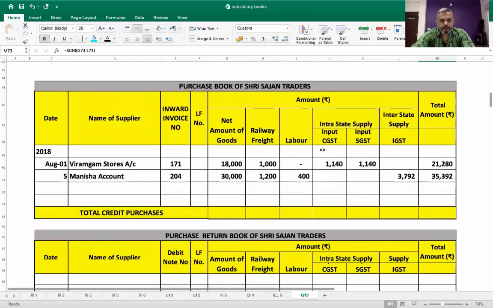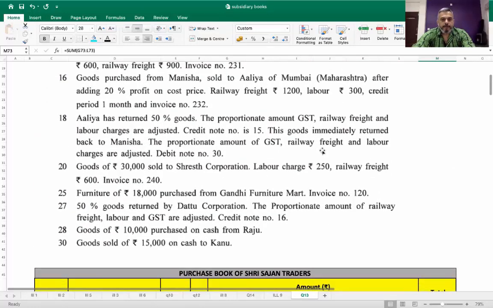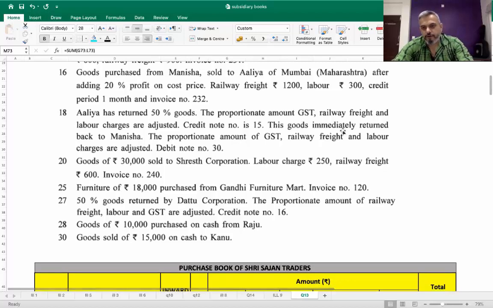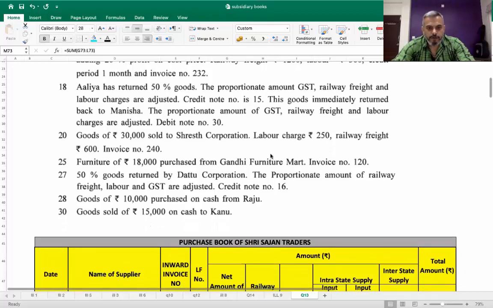Next, now, on 18, Alia returns 50% goods, proportionate amount of GST, railway freight and labor charges are adjusted. Credit note number 50. So directly, half of what was sold to Alia will be our sales return, and then these goods were immediately returned back to Manisha, proportionate amount of GST, railway freight and labor charges are adjusted. Debit note number 30. So let's